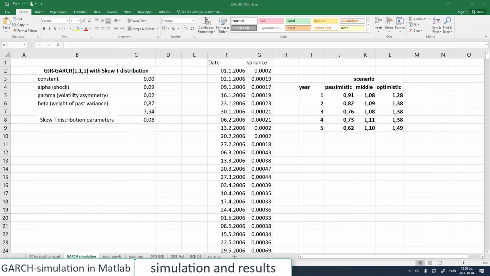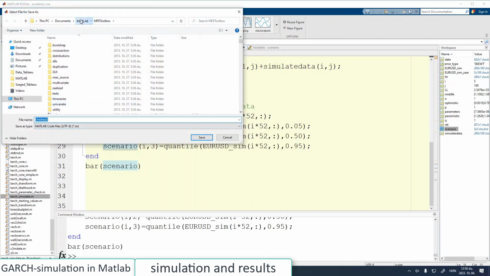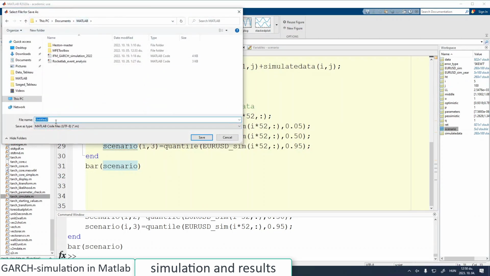Okay, and also let's save the Matlab script if anyone needs this in the future, because it's so beautiful and I was able to do this without so many failures. Okay, I was able to do this last year as well, but